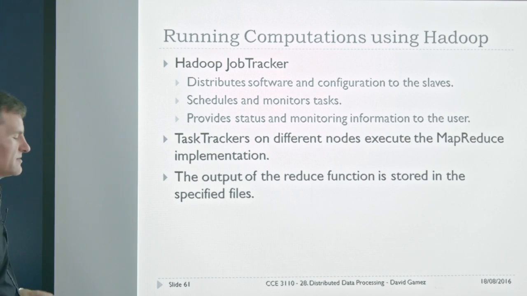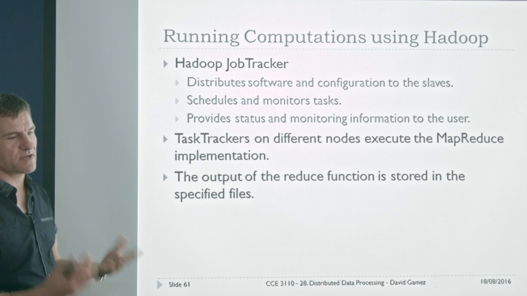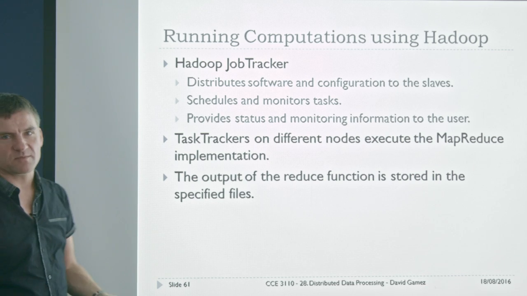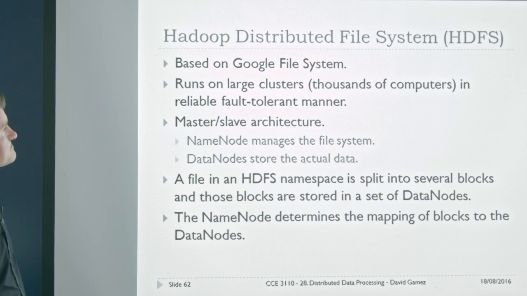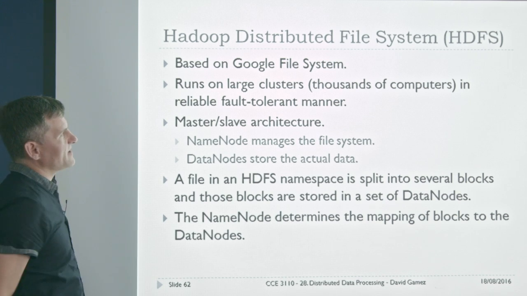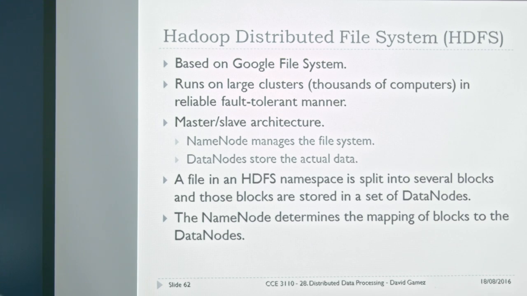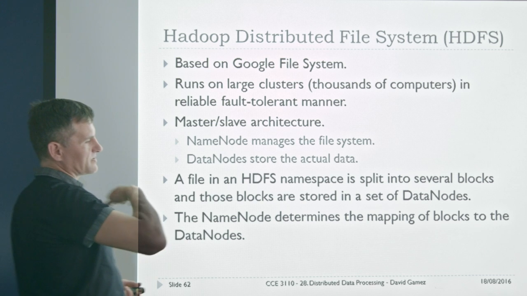And I'll talk later about Apache Spark, which uses much more in-memory computation, which is much more efficient. So the Hadoop Distributed File System is inspired by the Google File System, and it enables you to run a file system across